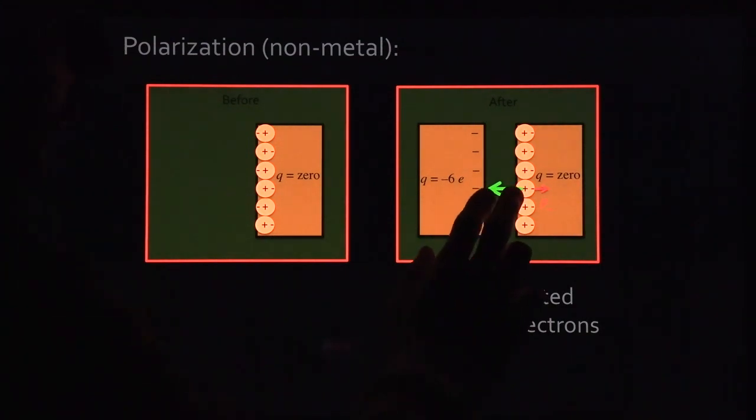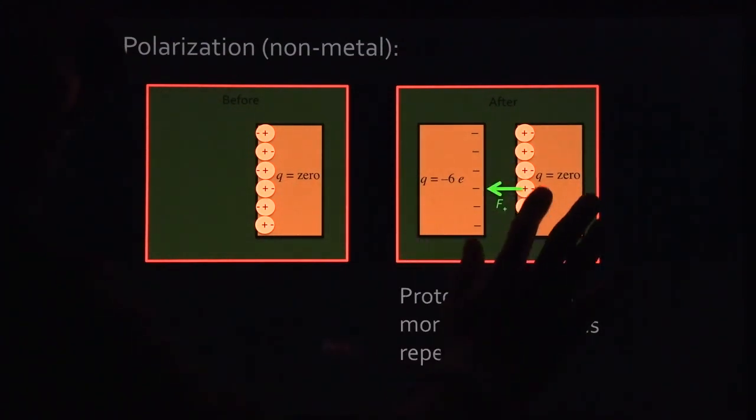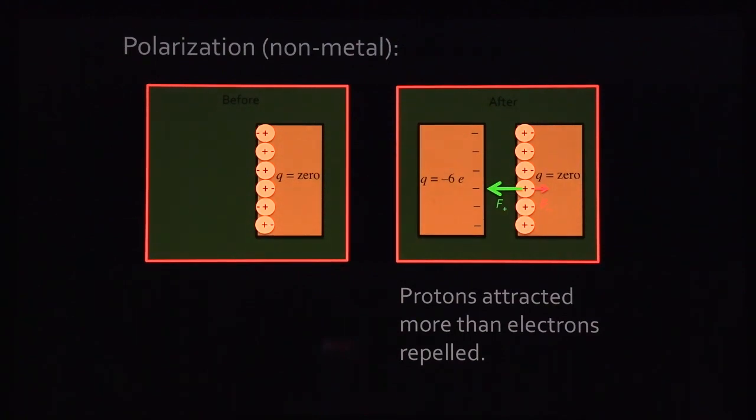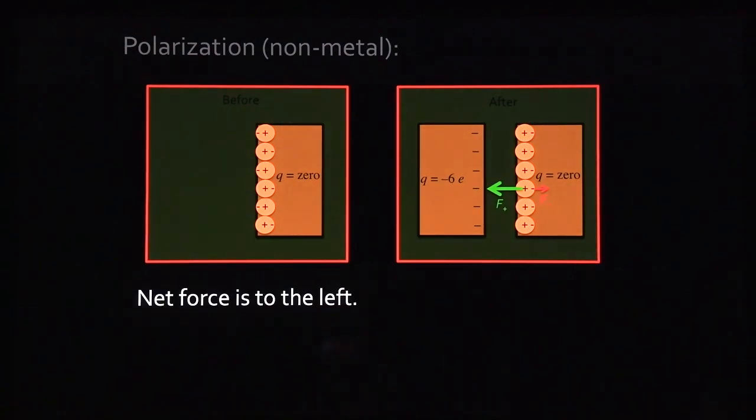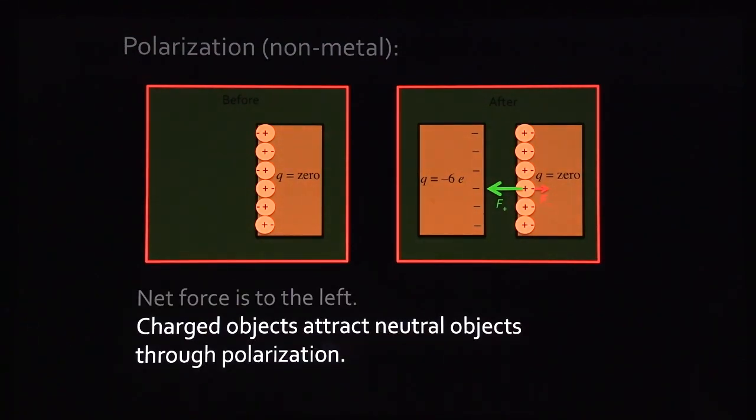So what does that mean? Well, let's suppose this green arrow is 6 newtons, and this is 2 newtons. The net force there is 4 newtons attraction. And there it is. The net force is to the left, and that means charged objects attract to neutral objects through polarization. All right? Now, I'm going to show you polarization for metal, but first I want to show you